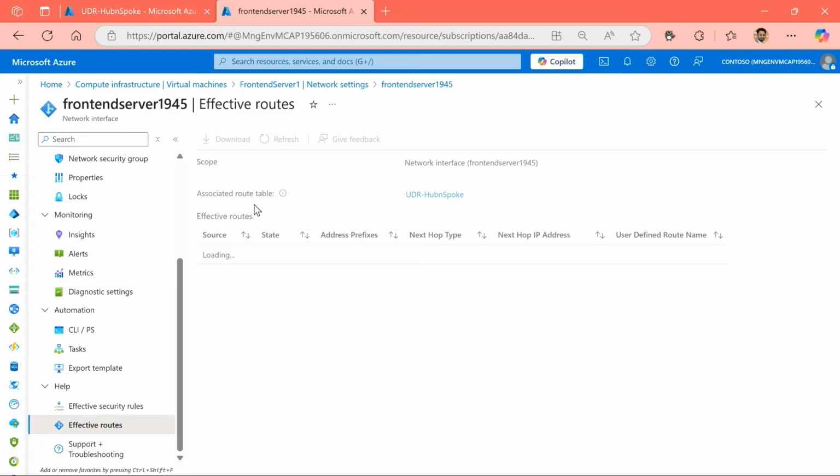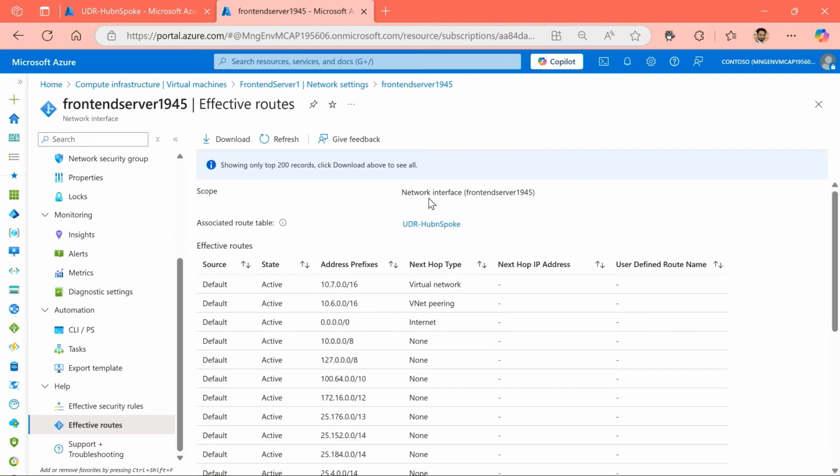And this time what we can see slightly different as to before already is currently it's using something called UDR hub and spoke. Now, I'm hoping you remember what that is. We just created a user-defined route. Now it's suggesting, hey, this table is associated to this particular routing table that you are working with. So you are using a routing table that you have created, which is a user-defined route.